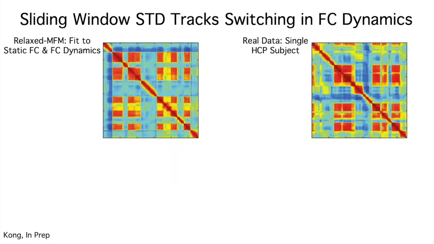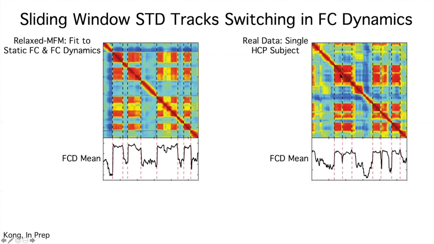So on the left is the simulated functional connectivity dynamics matrix. On the right is the functional connectivity dynamics matrix from a real subject. So we want to turn this 2D matrix into a 1D time course, right? So we simply average the rows of the matrix. If we average the rows of this matrix, we get a time course shown here and the time course shown here. And we can see these sharp transitions in the time course seem to correspond well to the switching in the functional connectivity dynamics matrix. So essentially this time course is a good representation of this, okay?